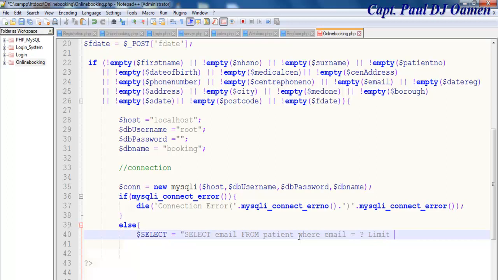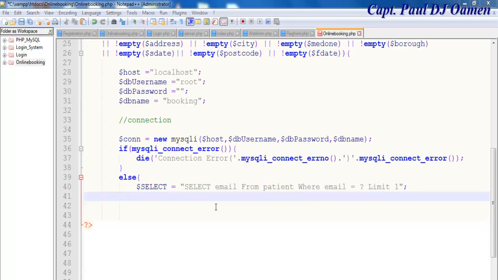Just 1. Enter 1 there. Okay, and there. Okay, the other thing is we need to be able to insert. So let's insert the following: